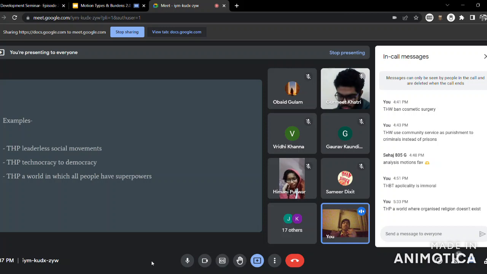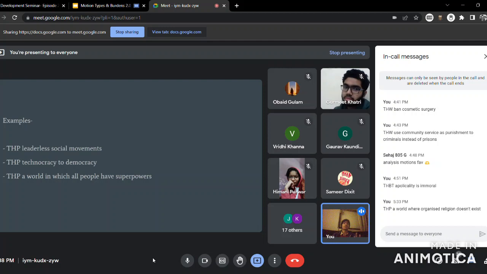So if Gov has to defend a world where all people have superpowers, Op can't come and say that we defend a third world, or we prefer a third world where only good people have superpowers. That's again an unfair way of defining the motion. That skews the debate to their side, right? This is why